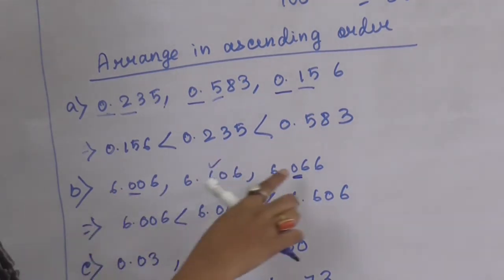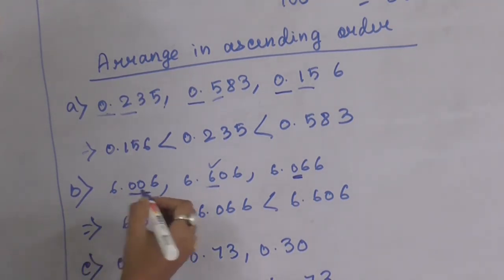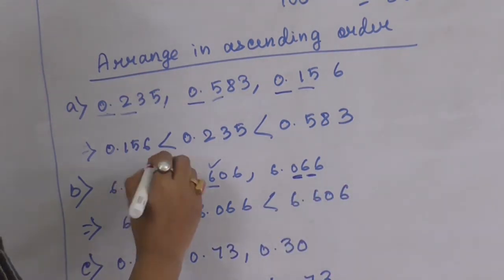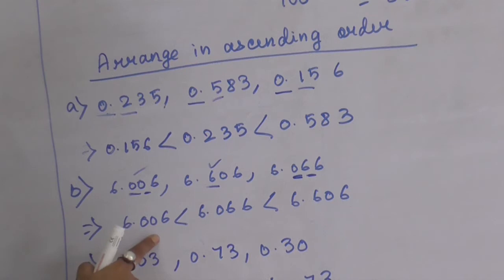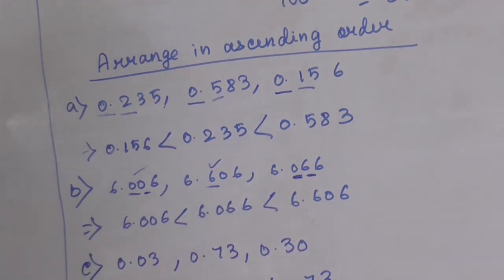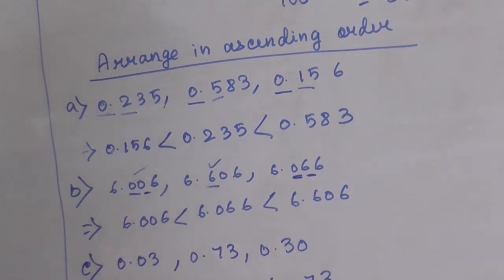Among these two numbers we have to consider which one is the lowest and which one is the second lowest. For that you have to consider the second number. Here the second number is 0 and here the second number is 6. So obviously this one is the lowest number, which I have written over here, and this one is the second lowest number, which I have written over here. And obviously this one is the larger number, which I have written over here. So in this way we are having our numbers in ascending order format.